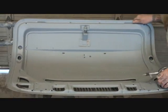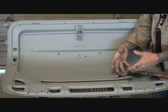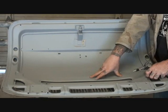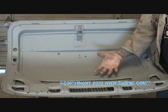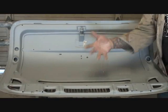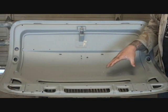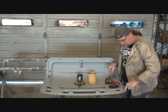Now the procedure that I'm doing here also applies if your paint is flaking off, or maybe your epoxy primer wasn't applied right. Underneath this gray primer is actually a coat of white epoxy primer, and if the primer wasn't cured thoroughly, this could be the cause of that also. So there are a lot of different factors that would cause this type of situation, but always remember this situation is fixable. Now that you went ahead and used your blower and you have gotten all of the loose paint off,